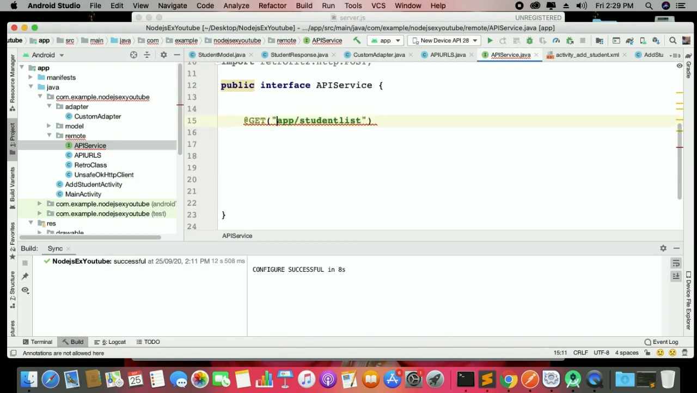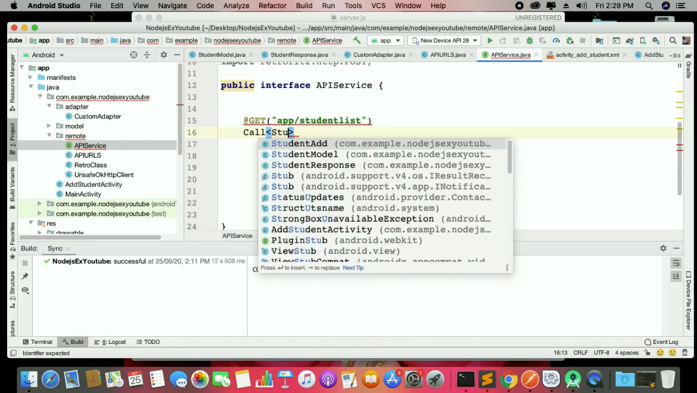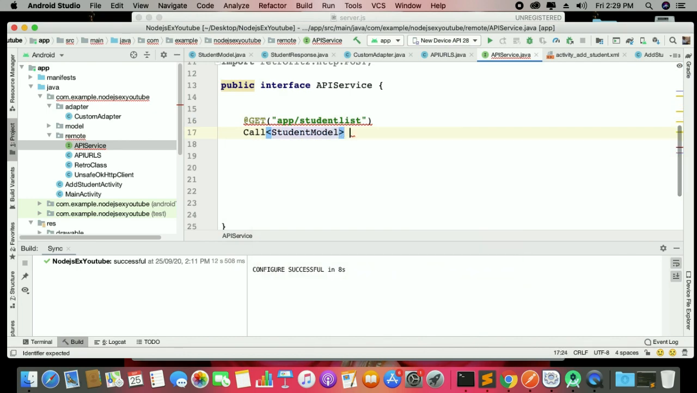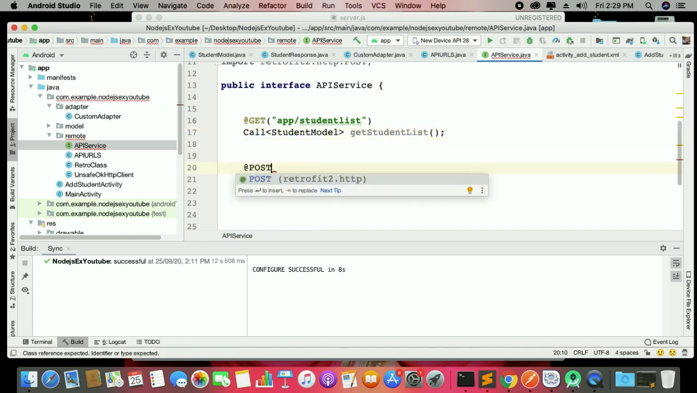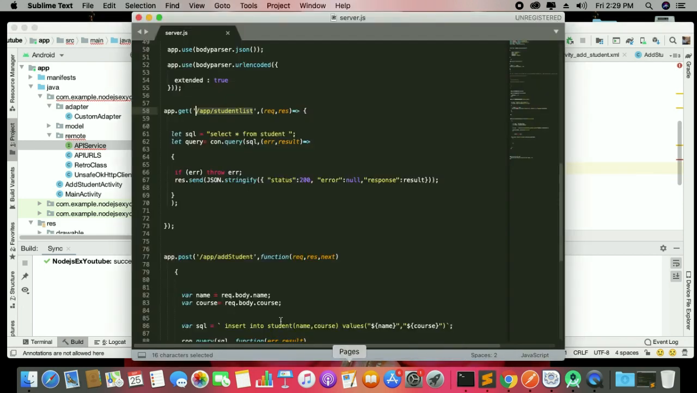data. Okay, slash is already there, and we need a call for this retrofit, and this is your student model. Okay, and you can make it a get student list. That's easy. So this is our get ready, and now this is our post, and on the post you just check what the post value will be, because at this time we are not working with that